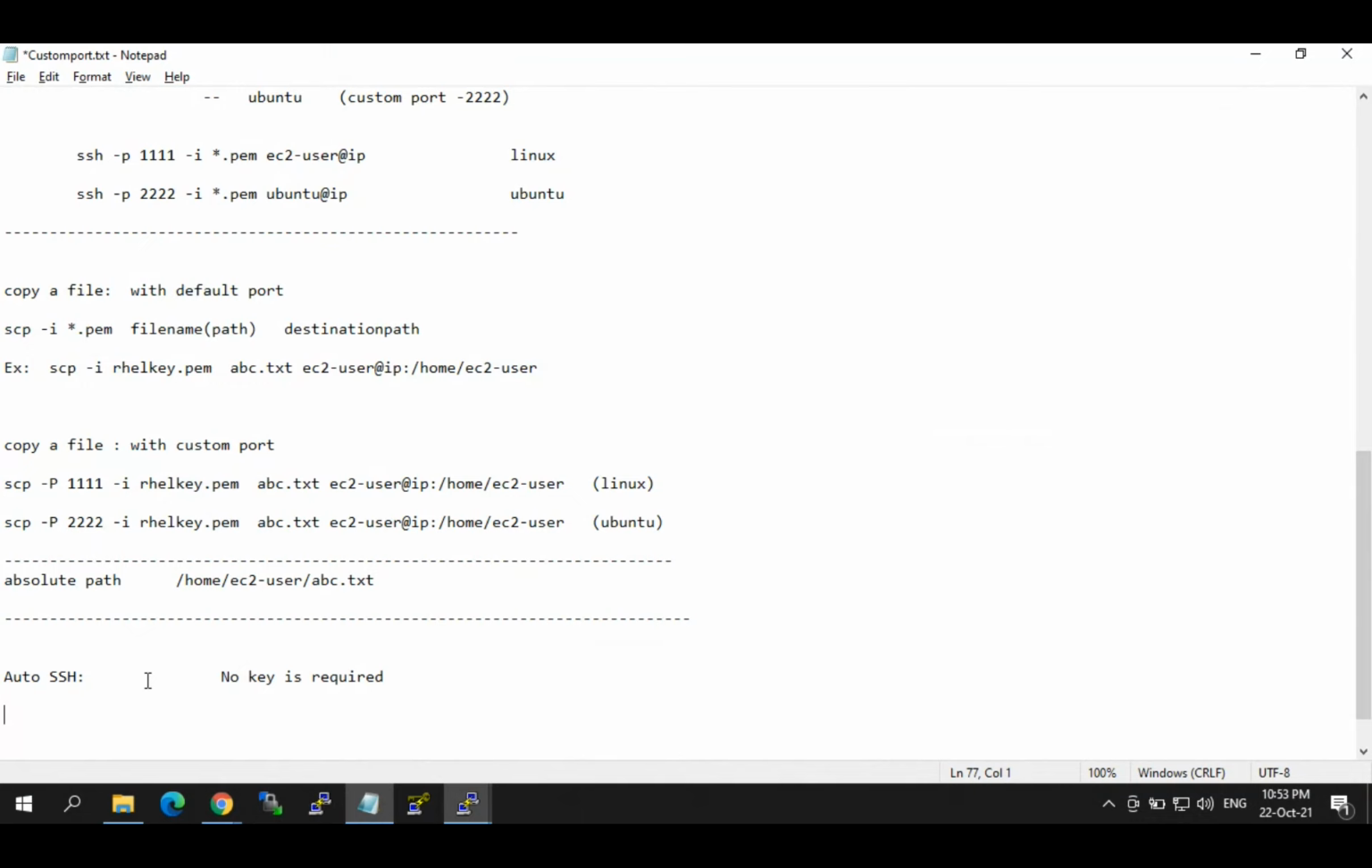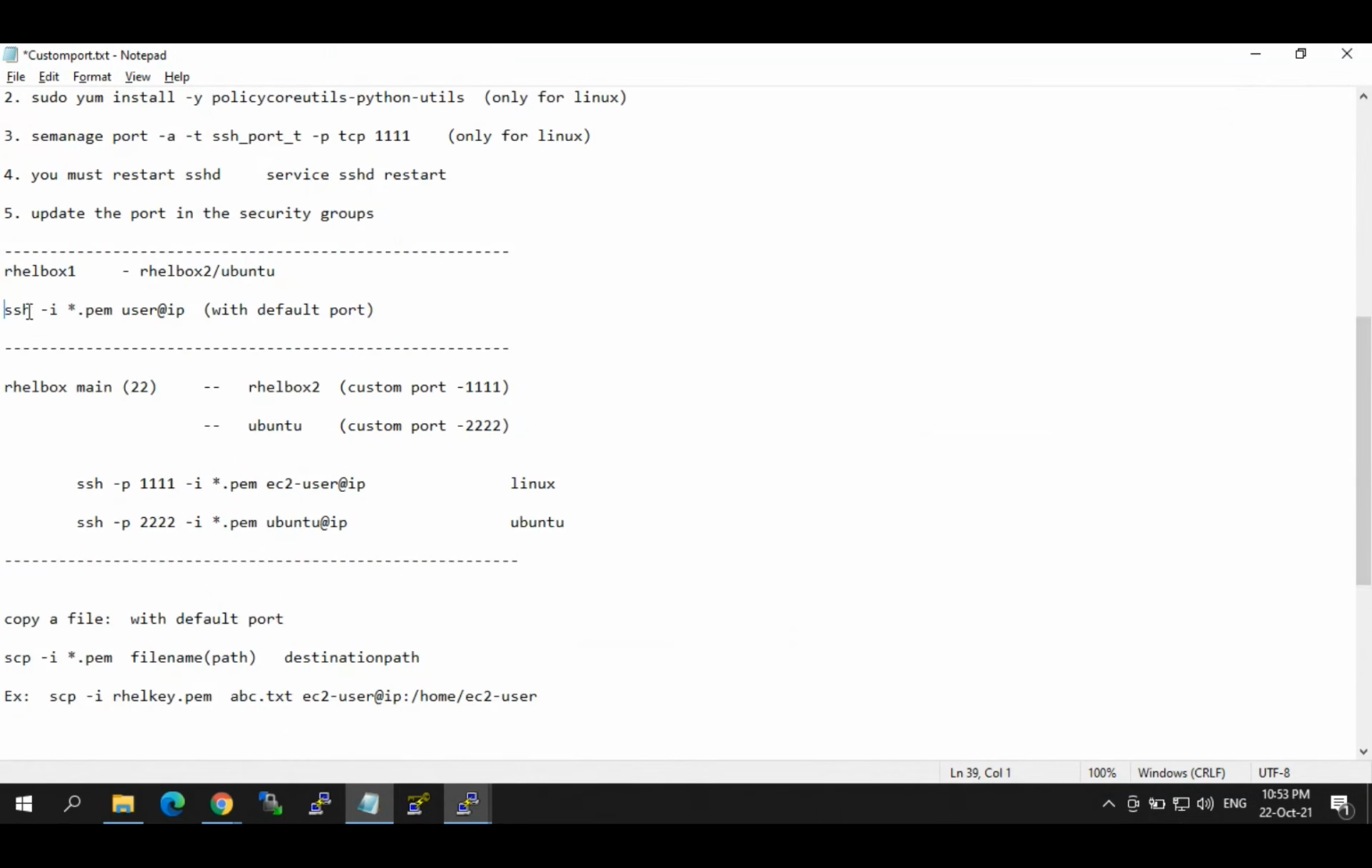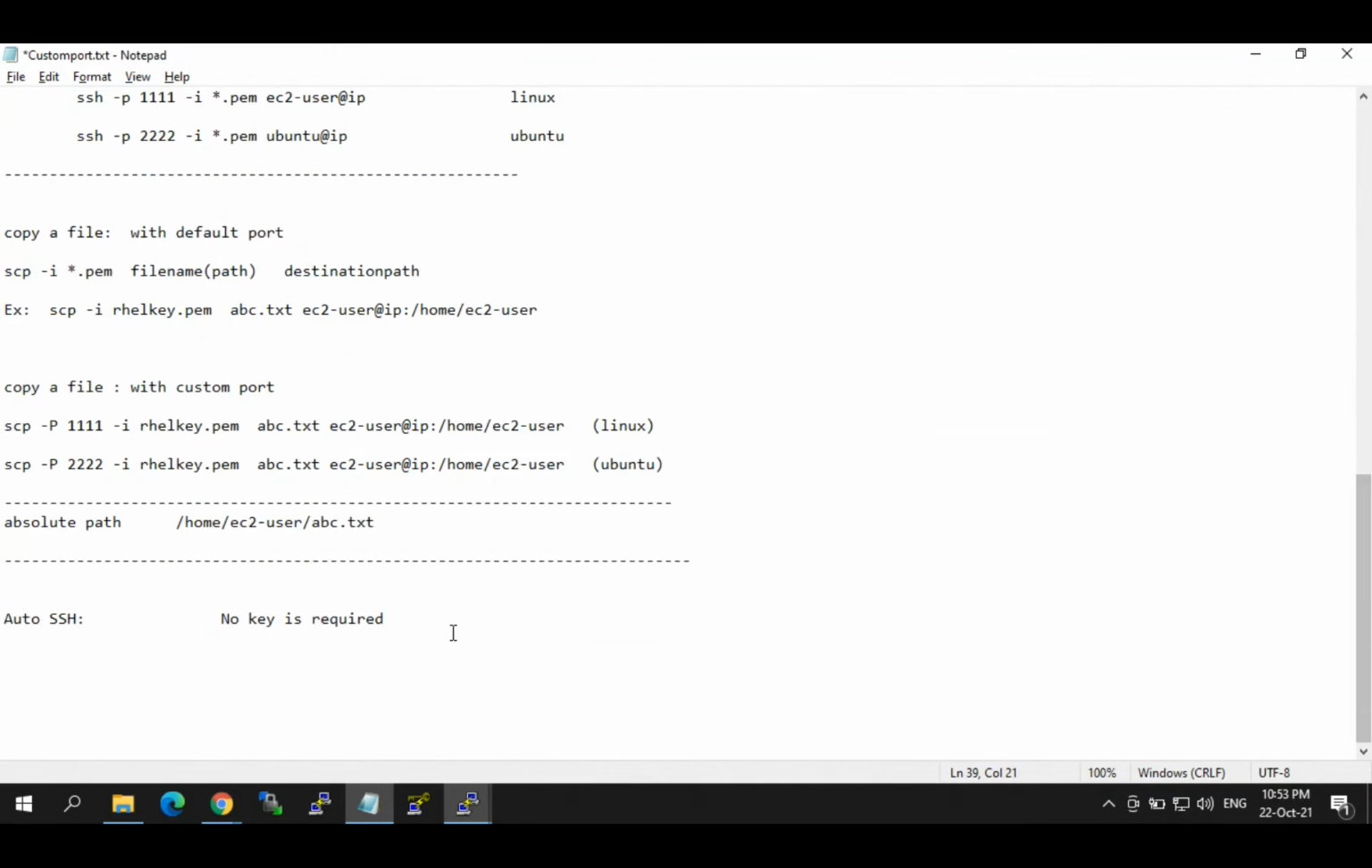So before logging in to the machine, for example, let us take the default one. This is the default one, right? I'm taking the same example here. Previously, you are doing this: you pass a key and then log in to the machine. If it is a Linux machine, you do ec2-user at the IP. If it is an Ubuntu machine, ubuntu